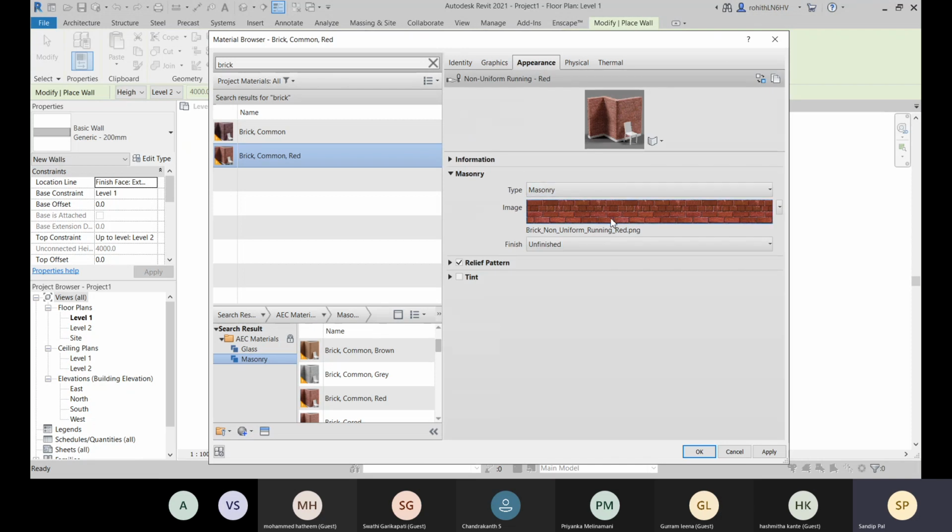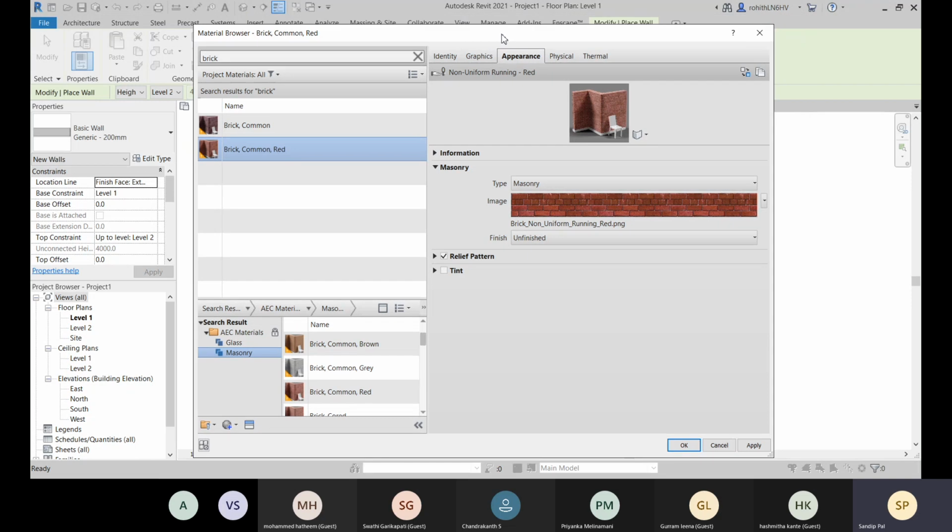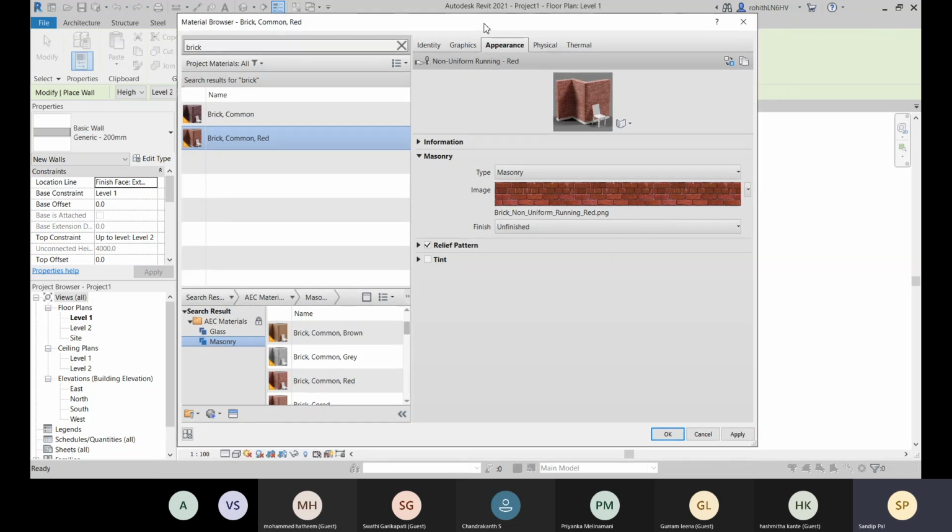This pattern or image will appear when you render it. But for 2021, in realistic mode you can see it better, and in previous versions also in realistic you can see the materials, but in 2021 you will get better graphics.